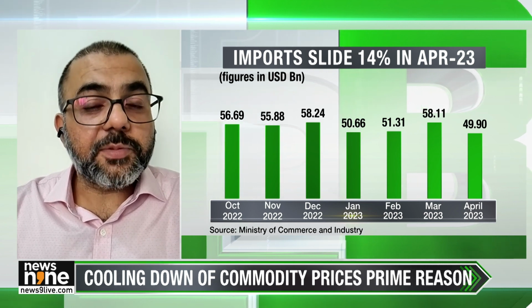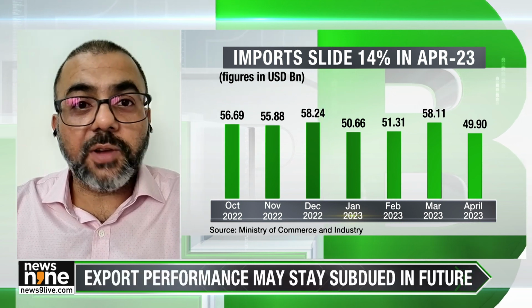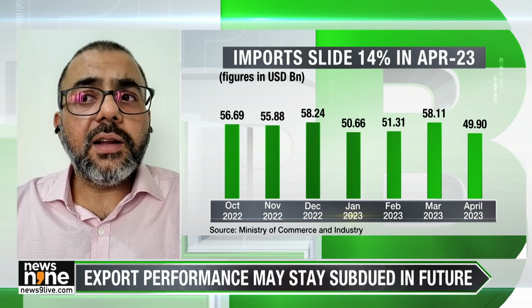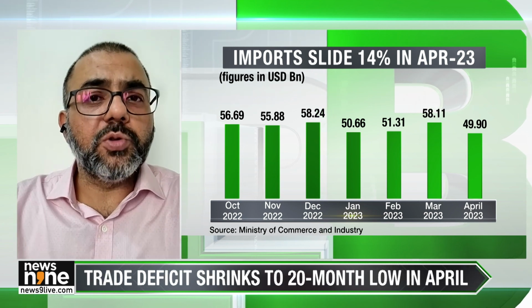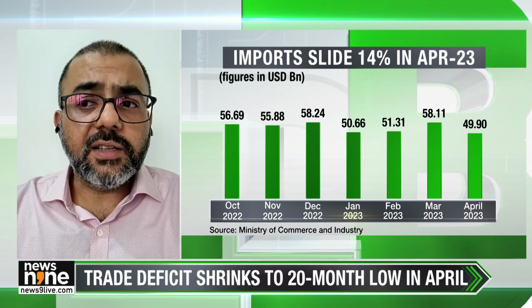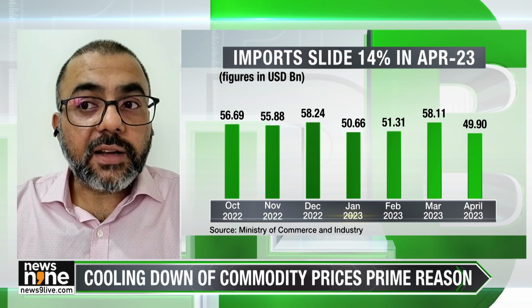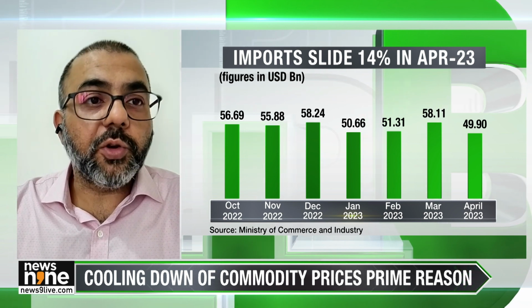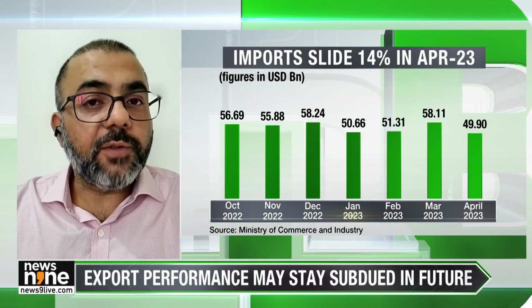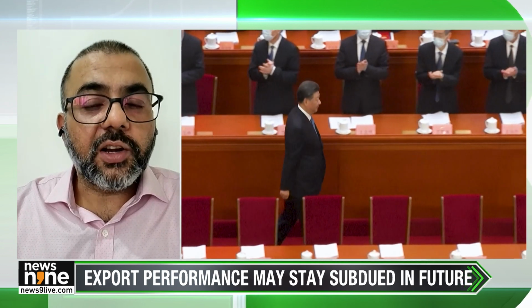And this has happened despite some of the constraints on availability of natural resources, availability of labor, and different sorts of countries imposing their own restrictions as far as COVID or maybe geopolitics is concerned. So that to me is a telling tale. Some of the factors have played a turnaround story. PLI is one of them, as you rightfully mentioned. Although PLI has had a localized success with respect to electronics,